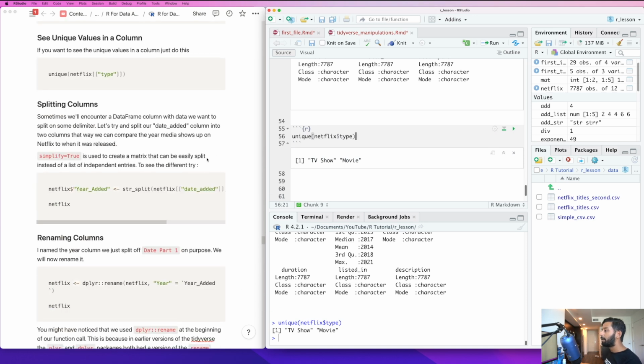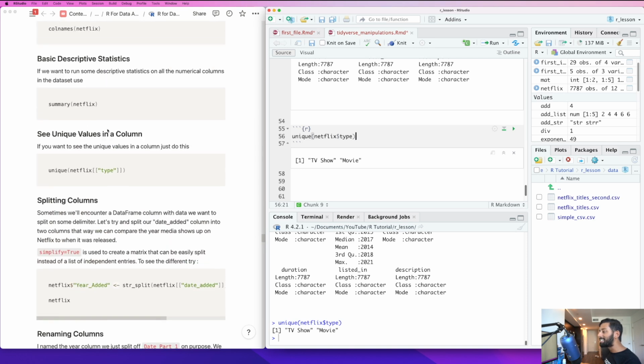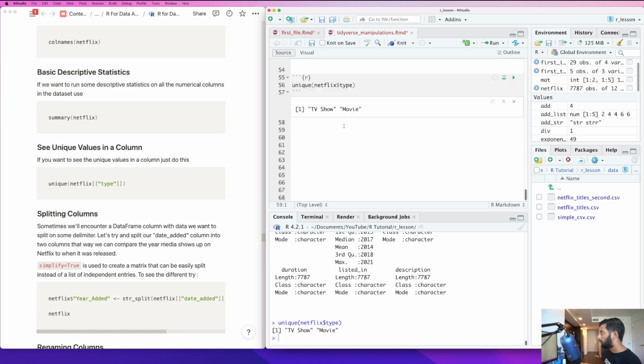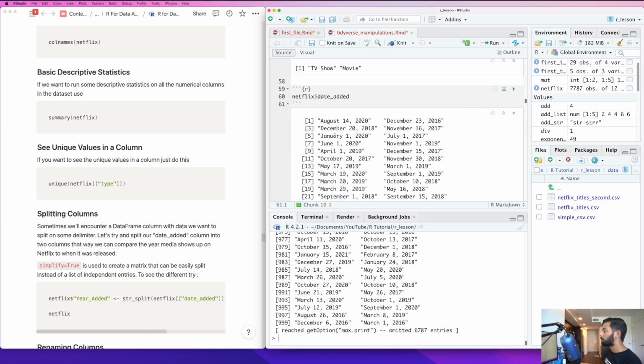Now, a really common thing you might want to do is split columns. So let's go ahead and just look at the date added column. So let's create a new R thing, Netflix, and then I think we just do $ date added. So you'll see the date added column is listed kind of like this, right? Let's say I wanted to get the year added. What year was this movie or TV show added to Netflix? Well, that's basically this, the year at the end of each date,